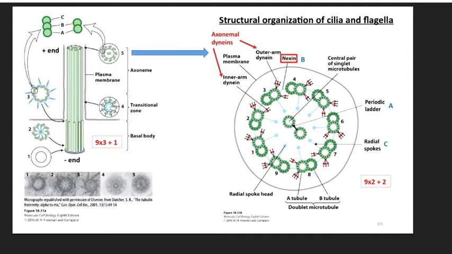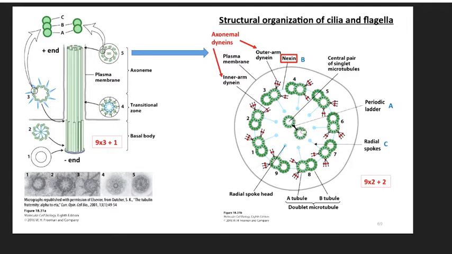Okay. Before that, it becomes 9 triplet and no singlet. Then slowly it becomes 9 doublet with no singlet. But towards the end, that is the axon, the longer portion outside the plasma membrane, here in the axoneme, the arrangement is 9 doublets with 1 single doublet here. So here we can see the structure that is present in axoneme, 9 doublets, and in the center there are